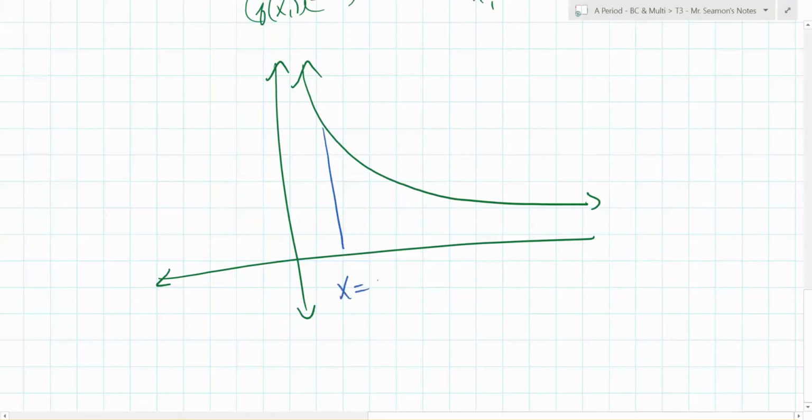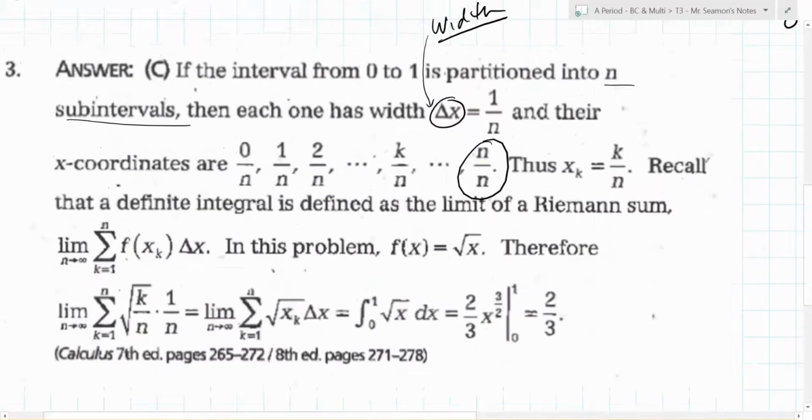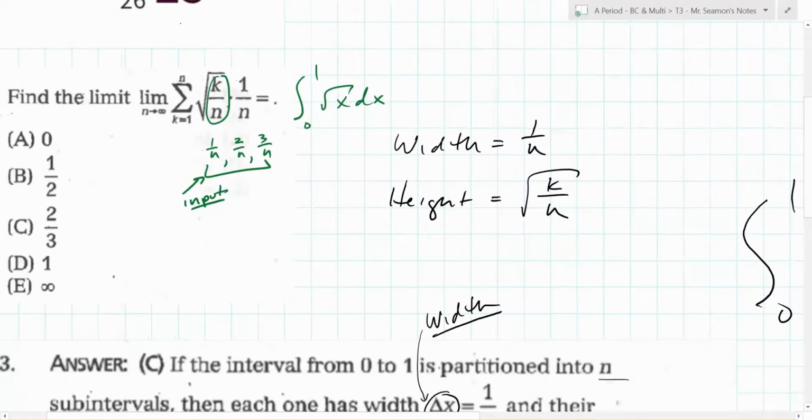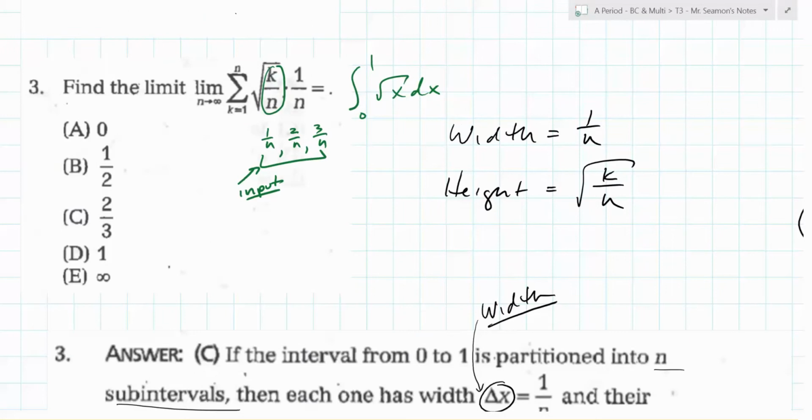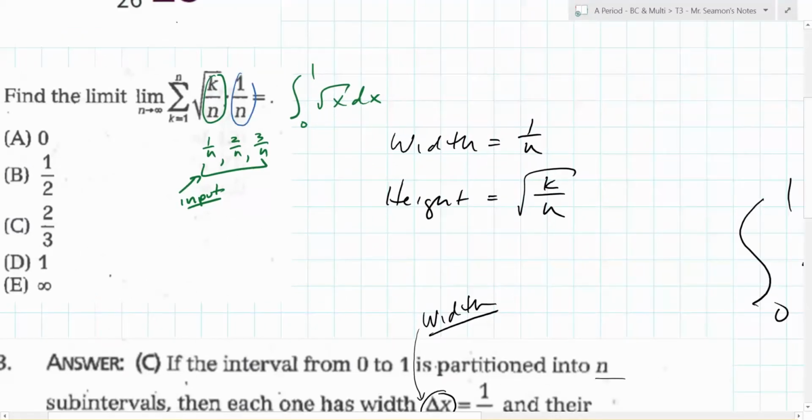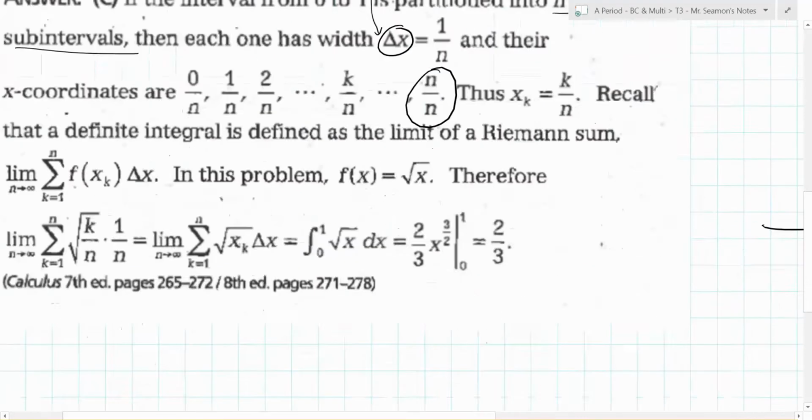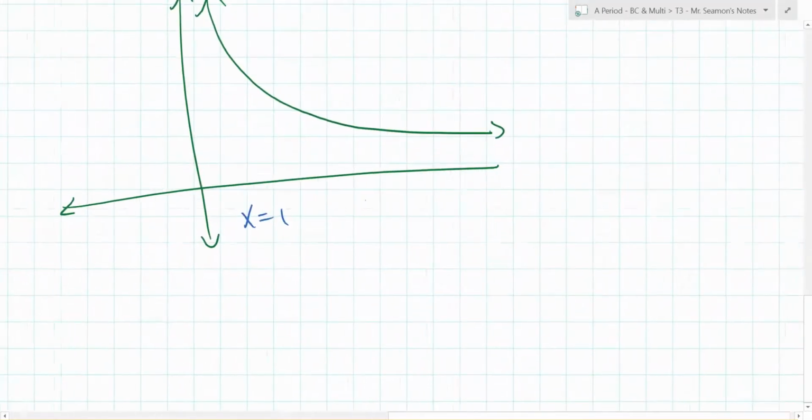So we're going from x equals 1 to what? We're starting with n equals, so 1 over n right here, everybody. What's the limit as n goes to infinity of 1 over n? What does that equal? 0. 1 over a bajillion is really close to what? So we're integrating from 0 to